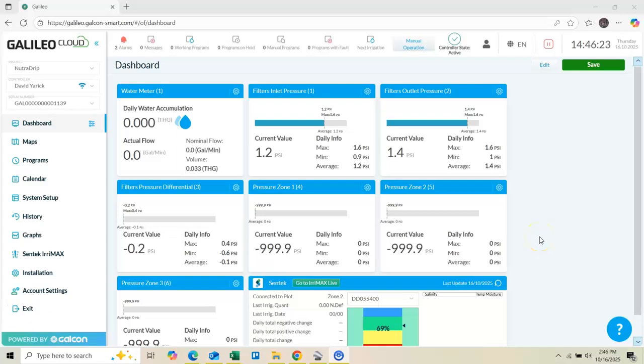In this video, I want to show you how we can graph the zone flow through the season. The reason this is important is to allow us to see how the flow trended through the season. Did that zone start losing flow because of it plugging up, or did it start gaining flow because of some potential leaks? So to do that, we have to export the data from the Galileo